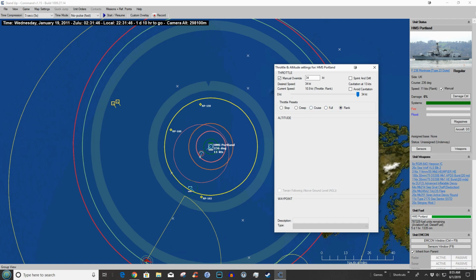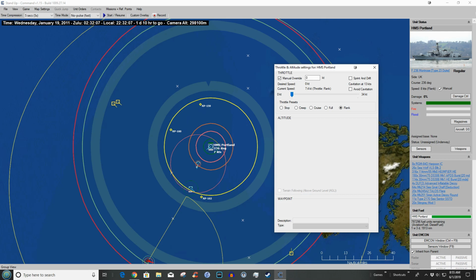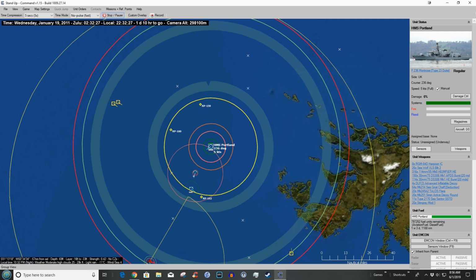Flank. Did I have the navigation waypoint set again? No, she is just... Here we go with not understanding the interface. Manual override for 0. I want the manual override to be 34 knots. Come on. Go. And she's still... Okay, we've run into an anomaly here. Let's see what happens if we say I go 25 knots. Will she react? No, she has just decided...